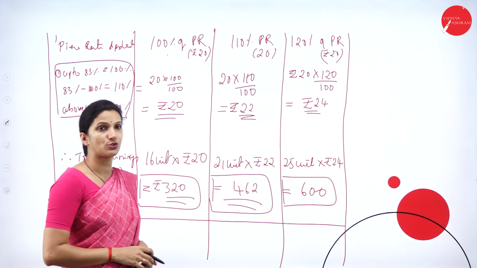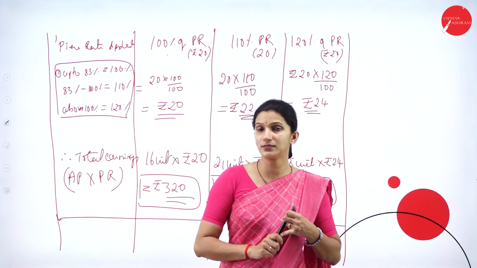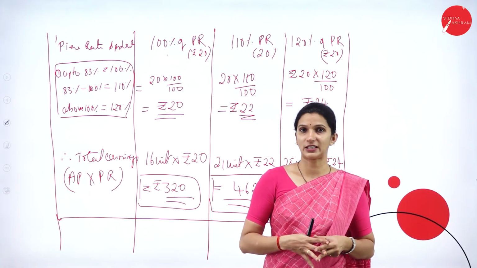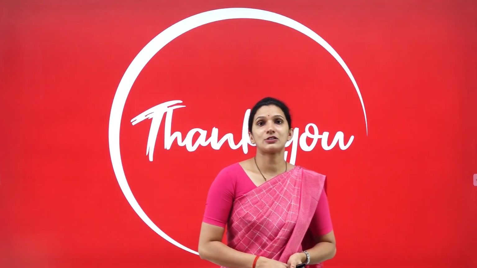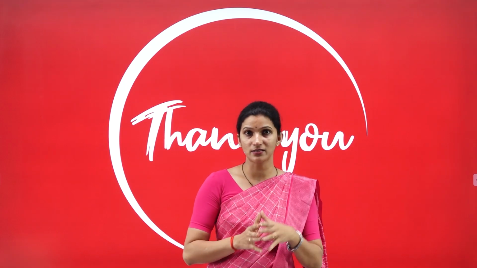So this is how we need to calculate the important two piece rate systems. One is Taylor's, and another is the merit differential, which you can expect in the examinations also. So this is all about the fourth unit, labor cost. The important things here are the calculation of Halsey's plan and Rowan's plan, which are time rate systems, and the calculations of piece rate under Taylor's and differential piece rate systems. These are the important four concepts in labor cost, and the rest of the topics are theory.